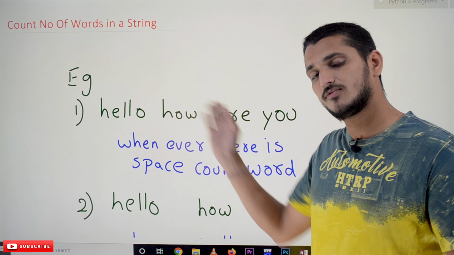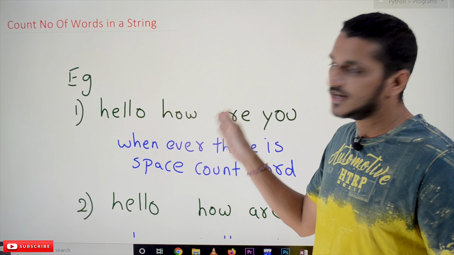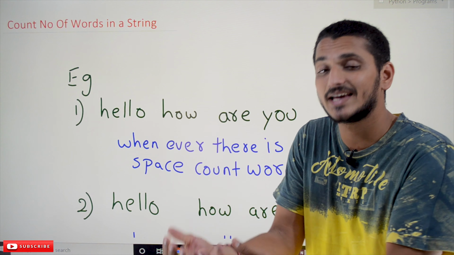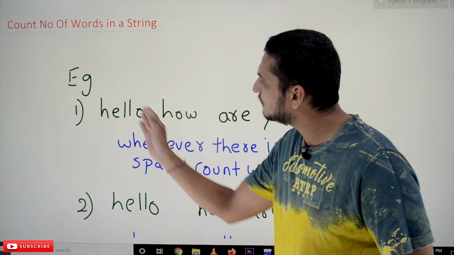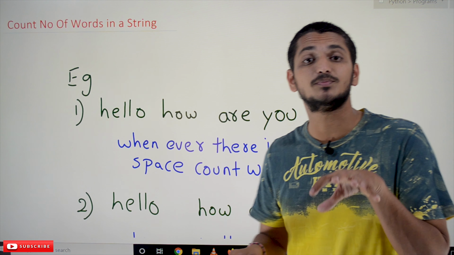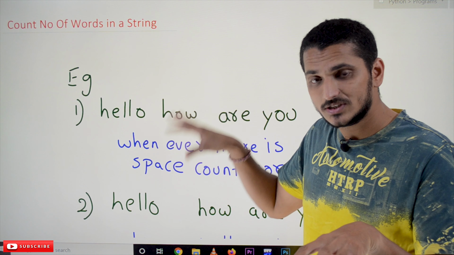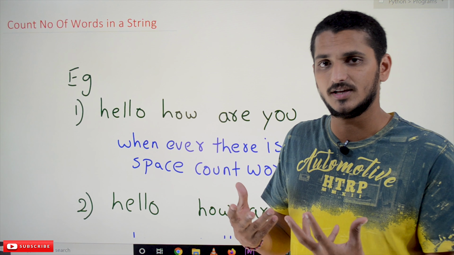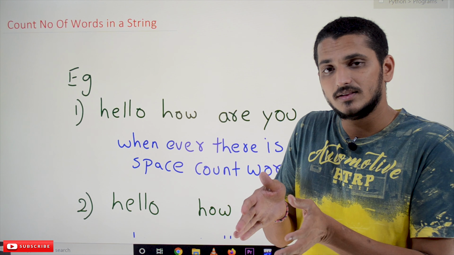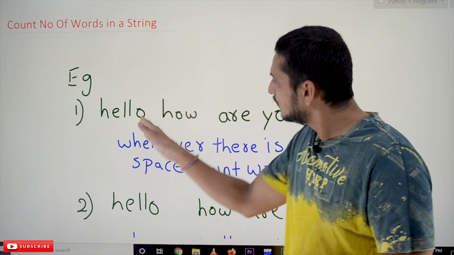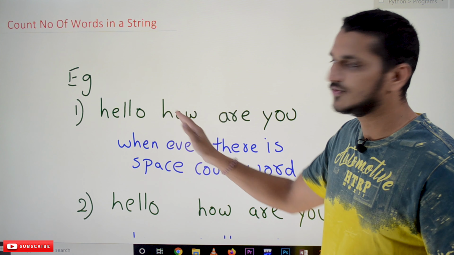We can find the length of the string and use the while loop, and we can move in the string step by step, which means we can take the characters one by one: first one, second one, third one, fourth one, fifth one, until we find a space. So we assume the logic up to now, according to this example: whenever we find a space, there is a word.